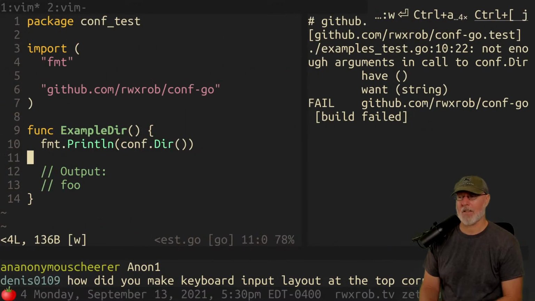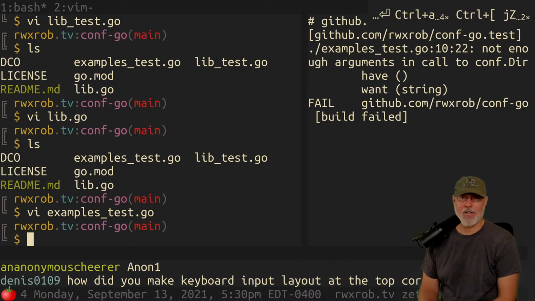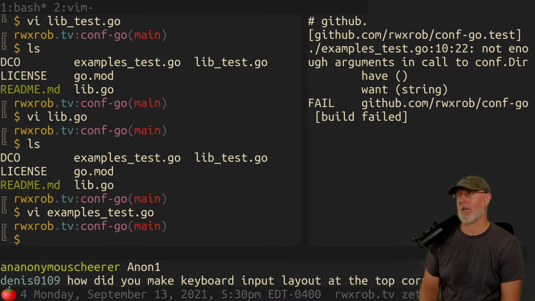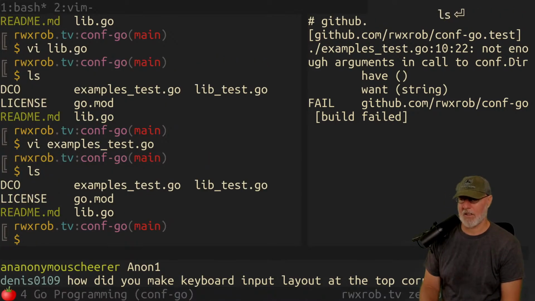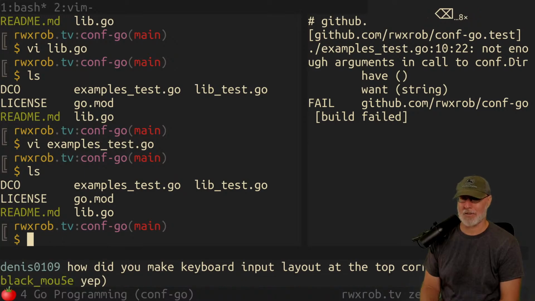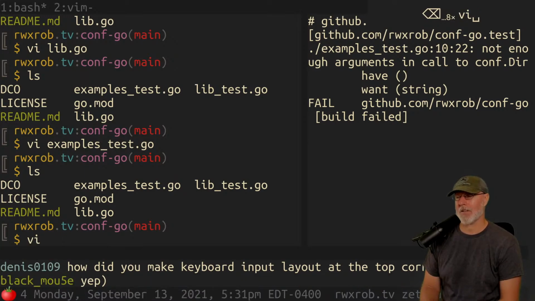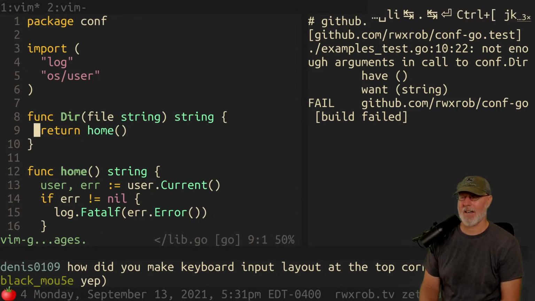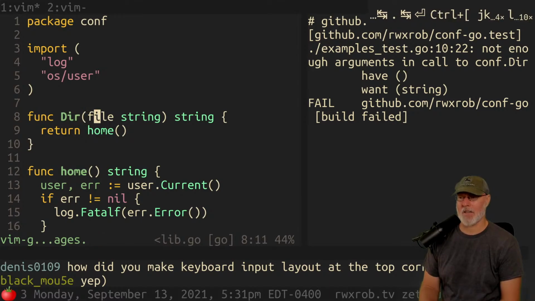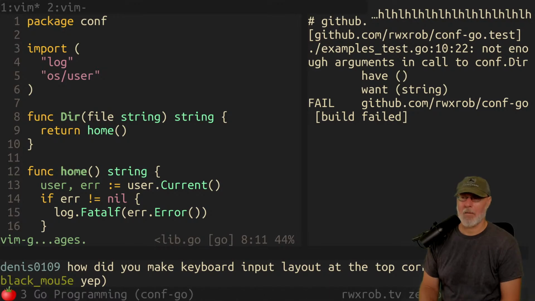We have a bug. The bug is that we want a variadic function signature. Does anybody know what that is? Raise your hand if you know what a variadic function signature is. Raise your hand if you know what a niladic function signature is, or function return values. So what this means is that I have to make this optional, right? Now, maybe I don't want that.